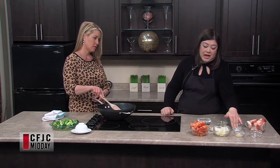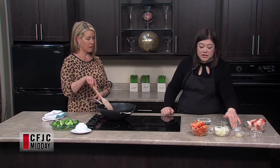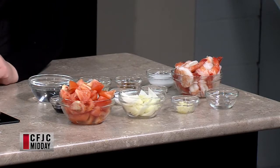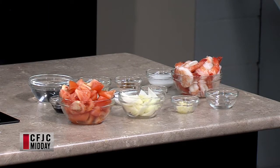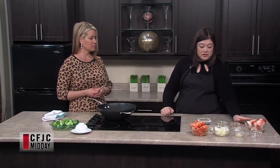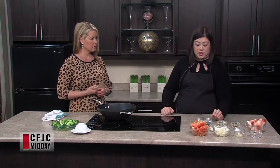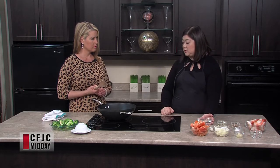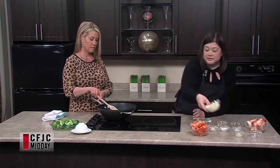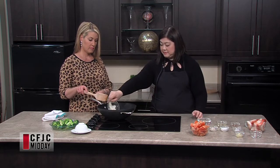We're gonna use about half a teaspoon of salt, about 2 teaspoons of sugar, half a teaspoon of chicken powder, and the mushroom soy sauce. Once again, mushroom soy sauce is used for the darkening of the food, so it's not very salty. We've got the potato starch, sesame oil, and a little bit of water as well. So we've got the ginger here cooking very nicely. I'm gonna put a little bit of onions